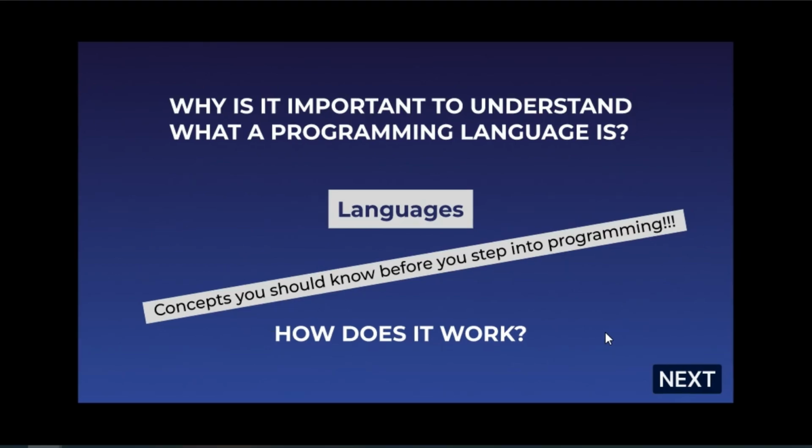What is a programming language, and why is it important for us to understand the core concepts of it? The thing is that it kind of feels like a really easy topic, something you can just skip for now and step back into sometime later.